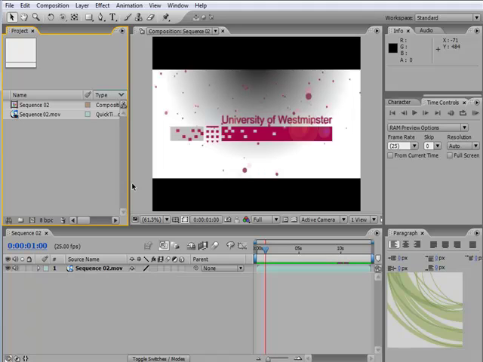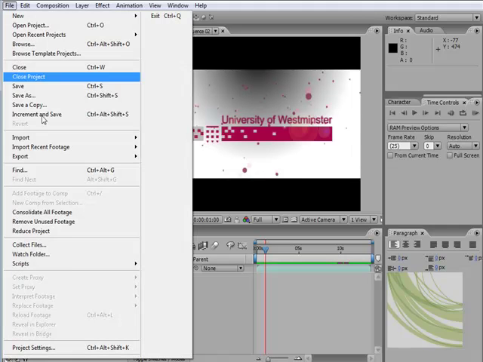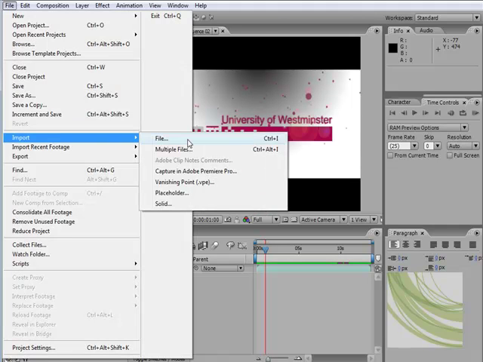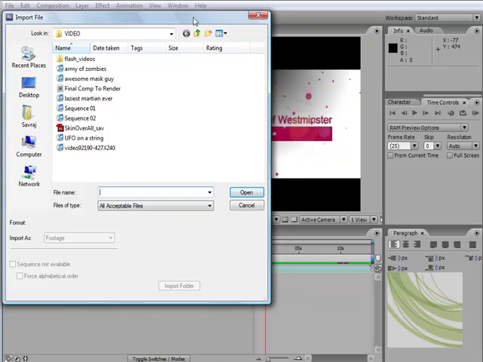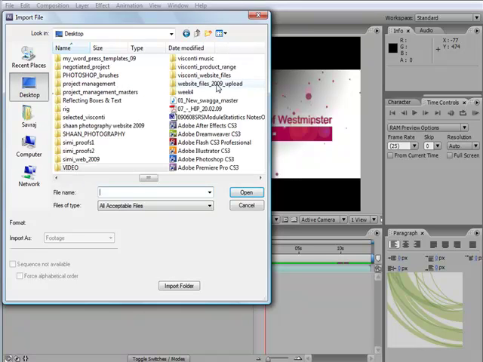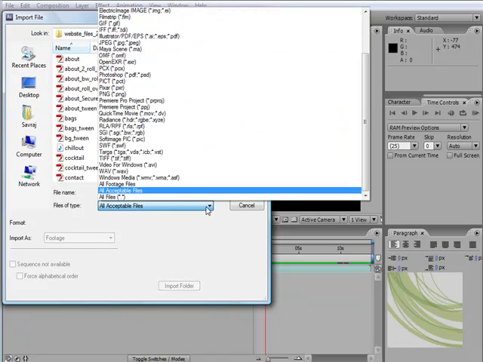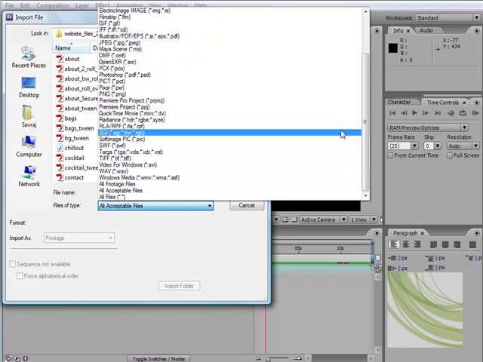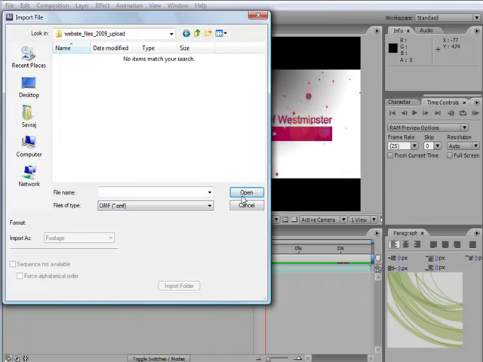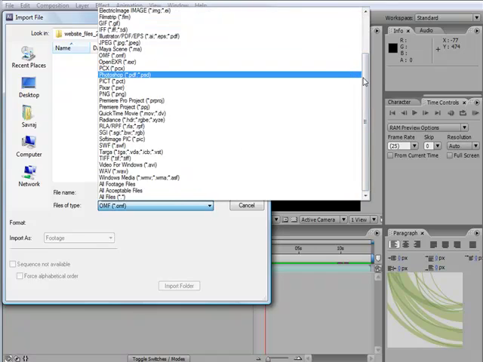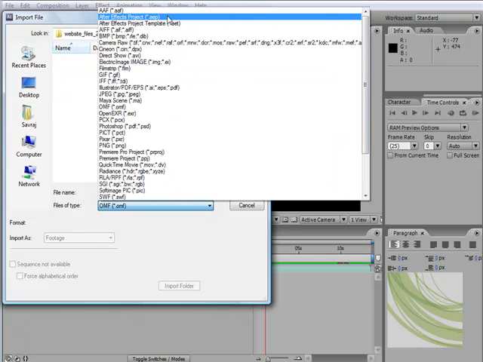And basically After Effects does a really good job of understanding those files, and we can have a look at what other file types it can import. So what we can do is, if you go to File, Import, we can press Control I or Command I on a Mac, and I'm just going to select a folder, and what I'm going to do is go to File Types, and we can see all of the various different file types that After Effects can